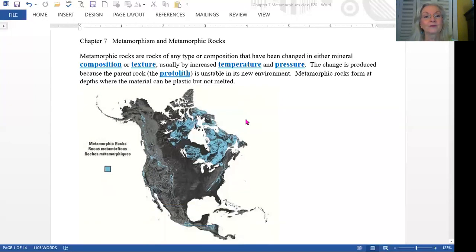Another key feature is that metamorphic rocks always form at depth. You can't form them on the surface. A sedimentary rock could be a surface formed rock, and an igneous rock can certainly be surface formed. Metamorphic rocks are never formed at the surface. They're always formed deep underground. Now we find them at the surface. This part of North Carolina has a lot of metamorphic rocks, but that's because of the mountain range, the Appalachian